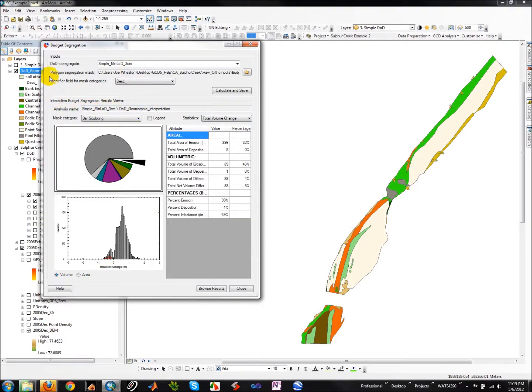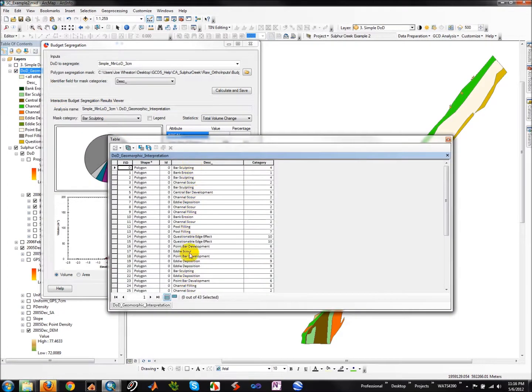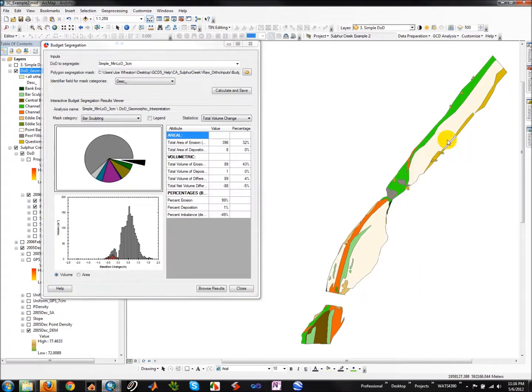Now, instead of focusing on the inputs up here, we're going to focus on what we have to view here in the outputs. So I can look at different elevation change distributions. They can be area or volume. And so you'll see these mass categories. These are the unique categories that ended up in this description field. If we were to open up the attribute table, we would see that those are where those came from, different categories of change. Right here I'm looking at bar sculpting. That's the portion of, in this case, volume change that it occupies. And then right here I can see that that bar sculpting has an entirely erosional